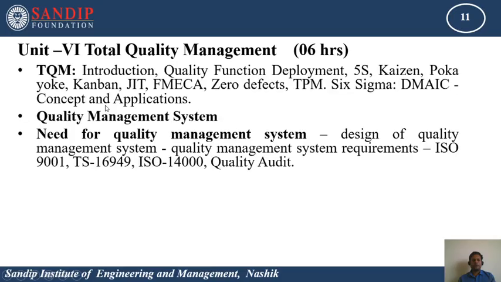And the last unit of quality control is total quality management. Again, in this unit we are going to cover TQM, that is total quality management. So under TQM there are different philosophies, different methods are used to improve the quality of the product, to reduce the wastage. Then quality management system, that is QMS system, and need for quality management systems. So these are the 6 units